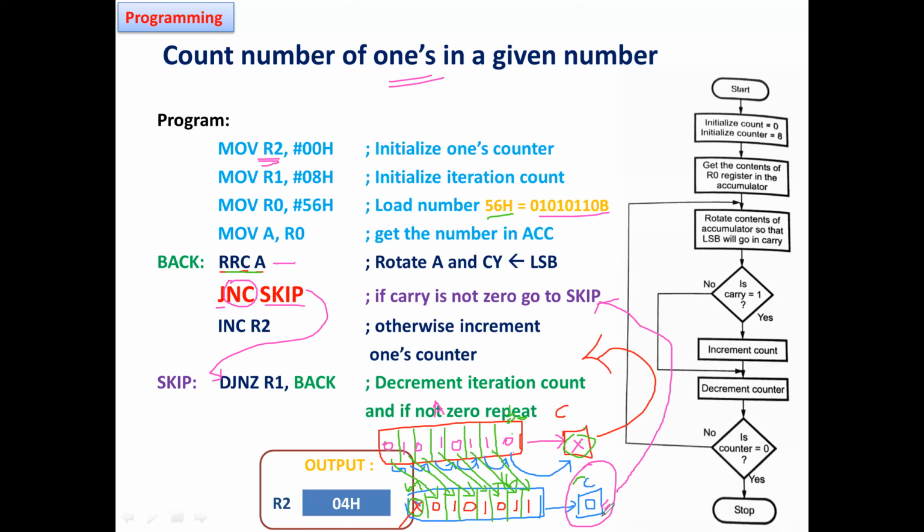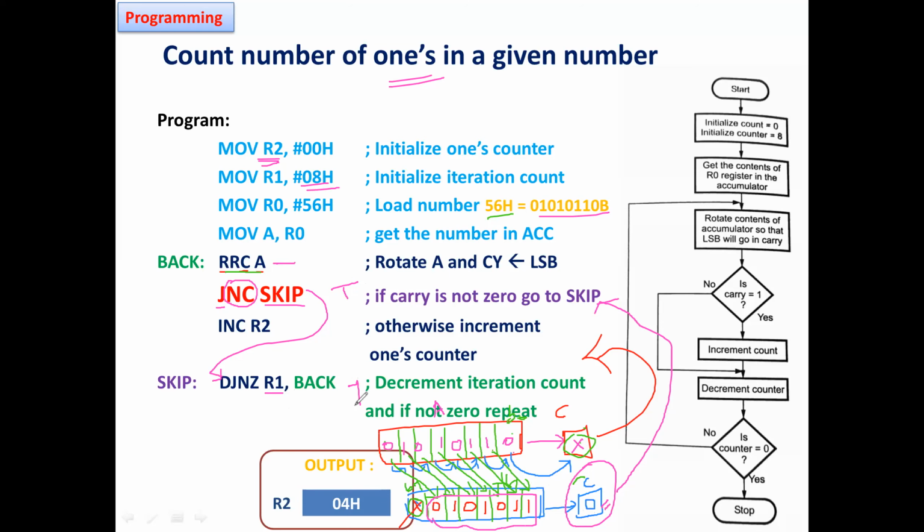I don't want to increment because the data is not 1. It is 0. So the condition is true here actually, so it will jump to the corresponding location. We will be decrementing the counter now. Counter is decremented. Since the counter is 8, it will come to 7 because next I am going to compare 7 bits. This is your 7 bits I want to compare next time.